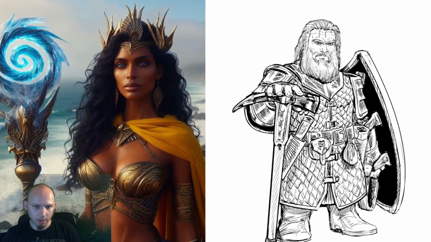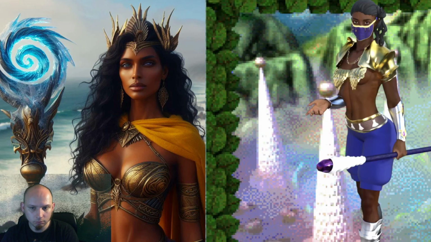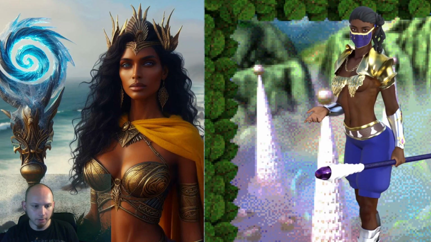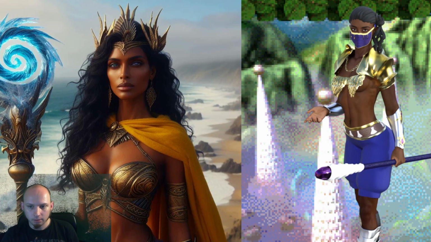If we compare with the mage that he did, let me grab my mage, which I did, and now I have to go through all the menus again. That was not my smartest move. I did those in June, in July. Just compare these two. Mine is not that detailed. My stuff doesn't look that detailed. My clothing doesn't look that detailed. But she has some more expression, I think.